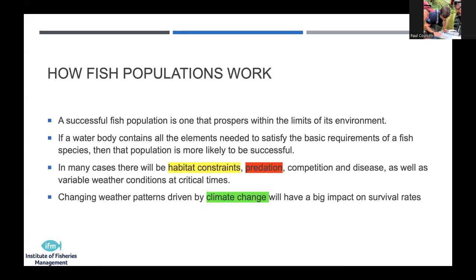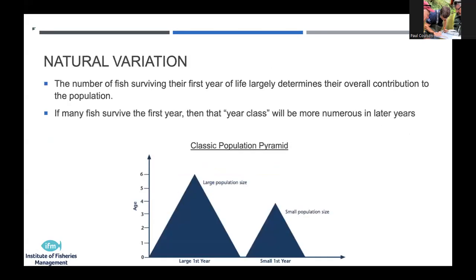And as we've just said, climate change is an issue, and it has a big impact on survival rates, particularly with the changing weather patterns we're getting at the moment. In fishery reports, people often talk about year classes and year class strength.